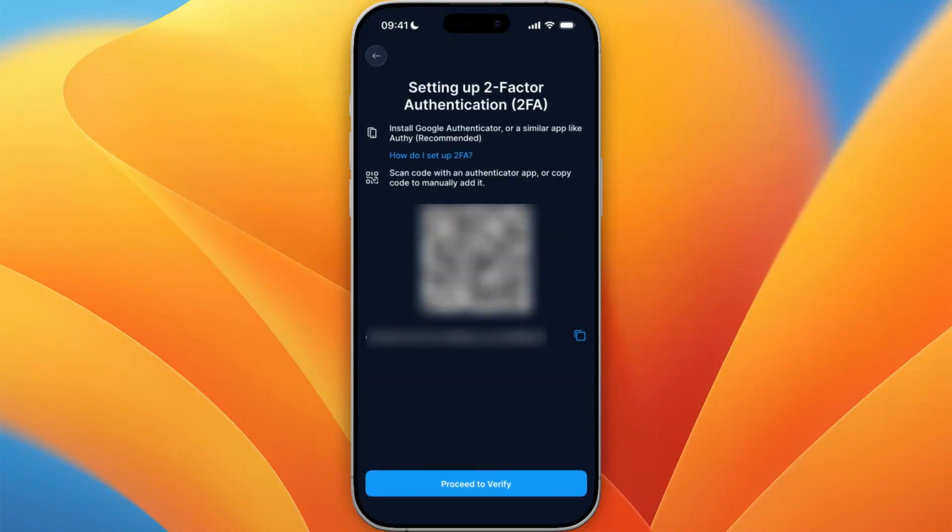That will start a process like this, setting up two-factor authentication. So first you want to install Google Authenticator or a similar app like Authy. I have Google Authenticator, but the process is pretty much the same. And here at the bottom you will have this code. So just go and copy the code at the bottom here by clicking on the copy button, and it will